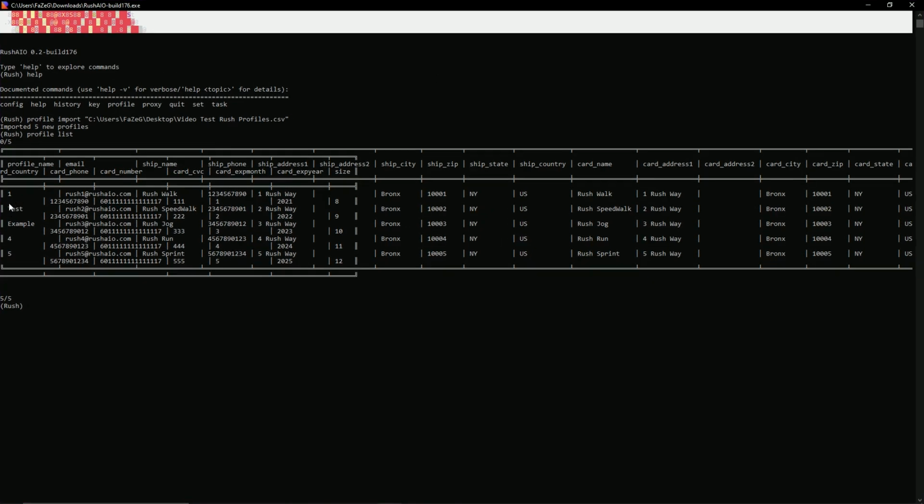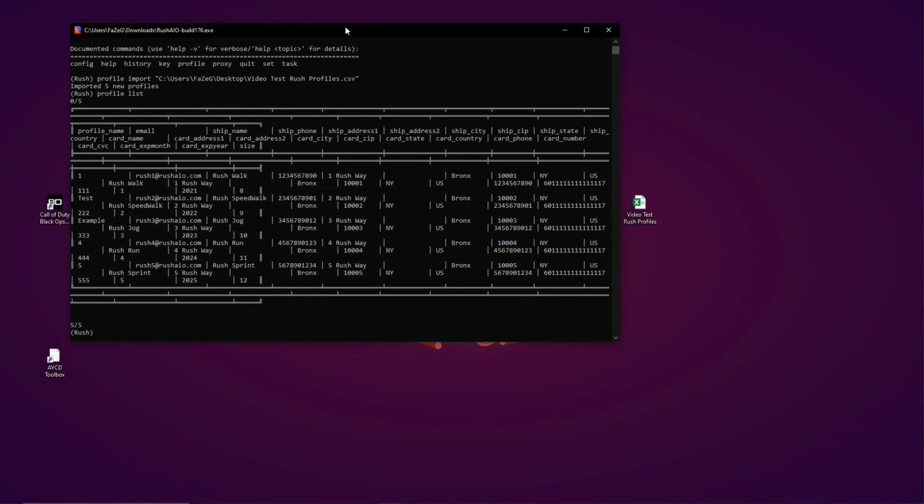So as you guys can see, we have test examples 1, 4 and 5. This is exactly what we did and it looks exactly like the doc. So as you guys can see, imported fine. If you want to go ahead and remove all your profiles, you can just type in profile remove -all